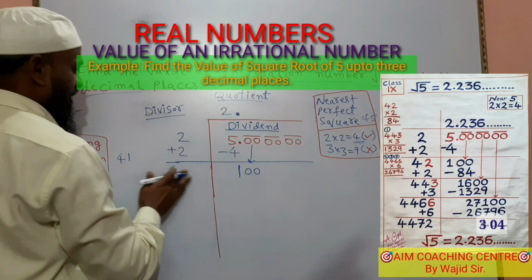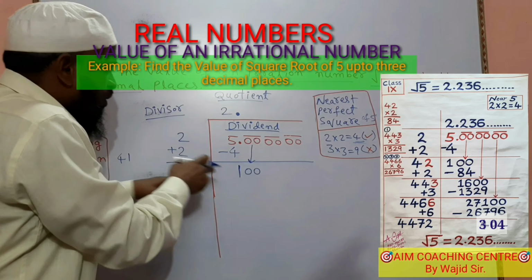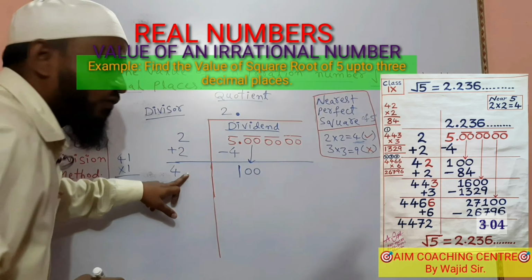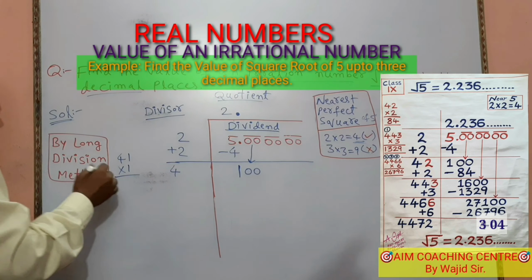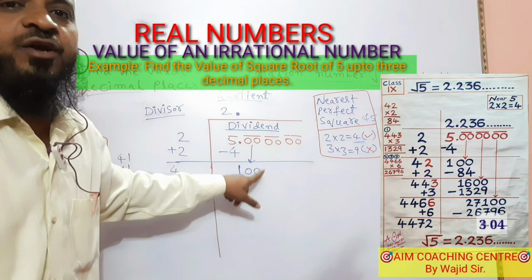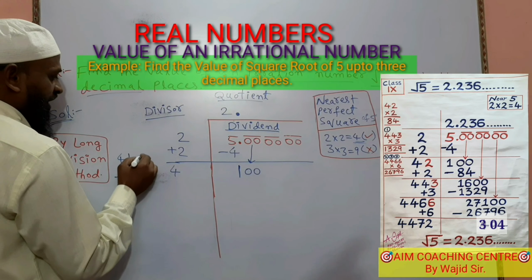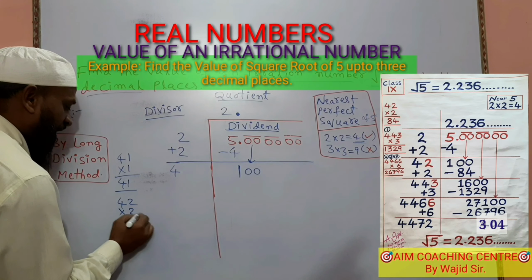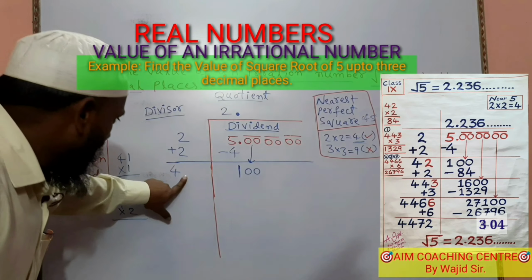This is also the same process. What number are we taking? Suppose we take 1. We have to multiply with 1 only. If we take 1 with 4, we get 41, and we multiply with the same number. 41 into 1 is 41. This is not near to 100. Try to get near to 100. Try with the next number. If we take 2, we get 42, and we have to multiply with that number only. What number are we taking with 4?